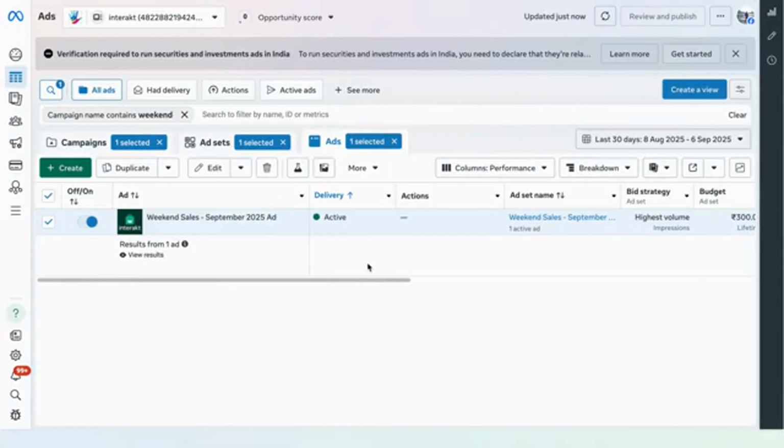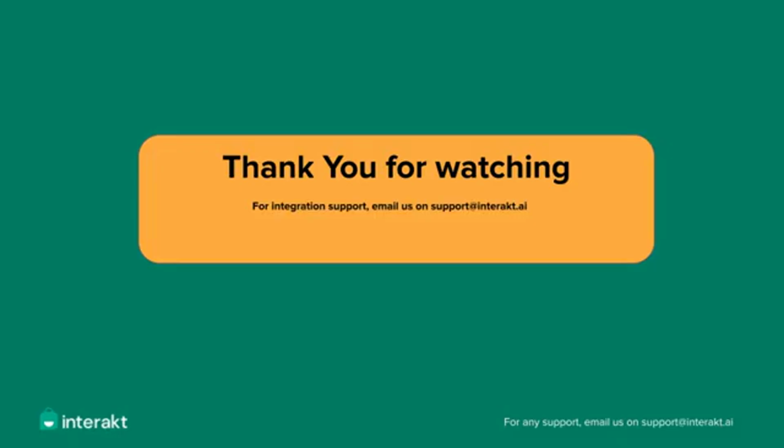Please note that you can only view campaigns directly inside the Meta Ad Manager if you connected your own ad manager during setup. If the Facebook page or ad manager was created through Interakt, then campaign analytics and performance data can be monitored directly